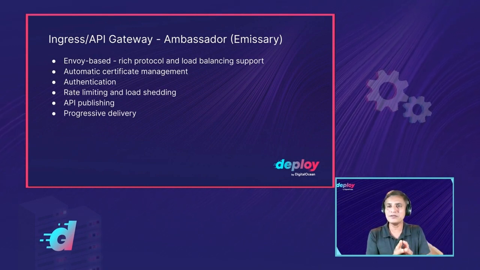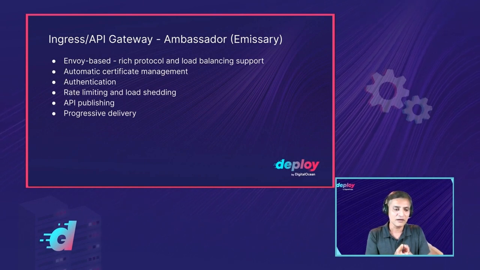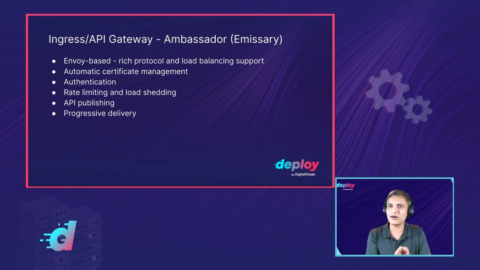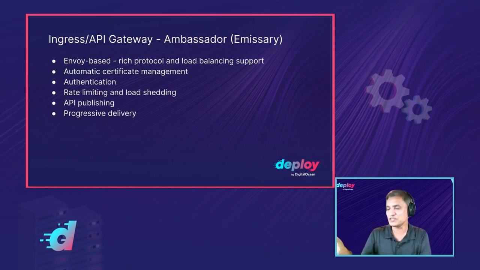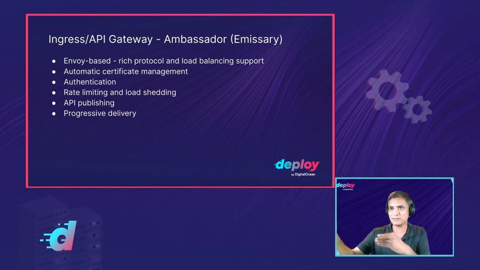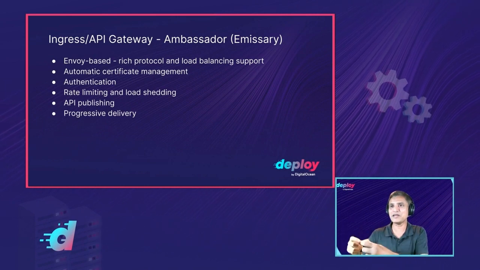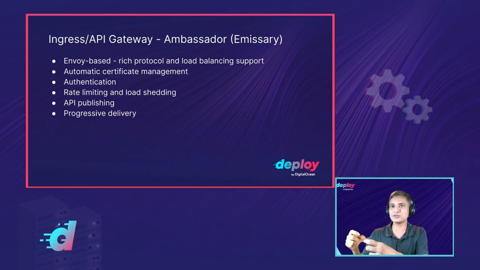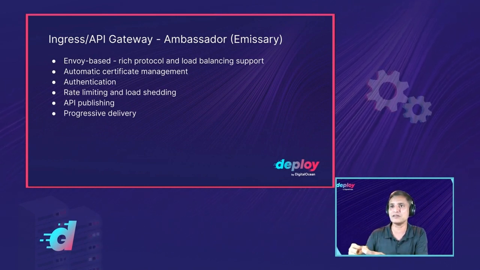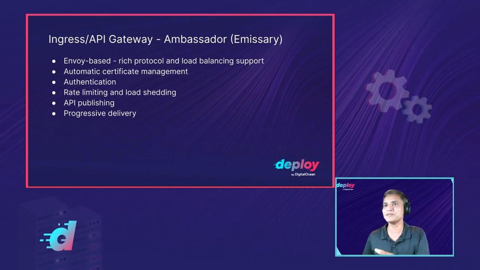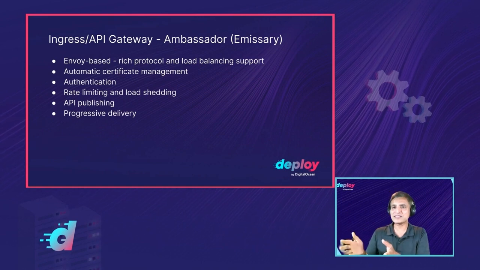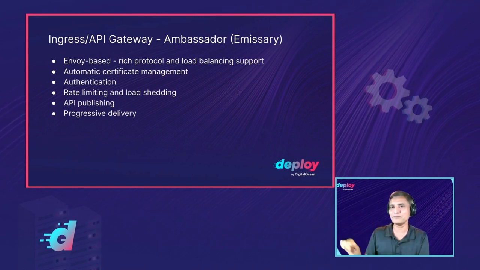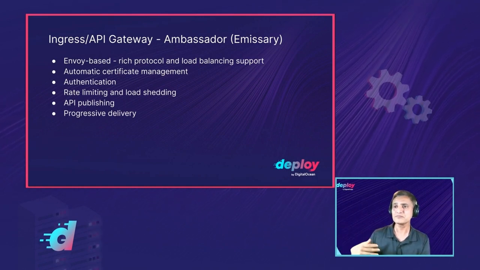And with an API gateway, you would be able to say things like, if there is a gRPC call or gRPC API request coming in with a certain type of gRPC request, which is going one step deeper, that's an API request. And you are able to specify that if that request comes in, then route it to service A. As you can see, API gateway is basically a superset of Ingress.